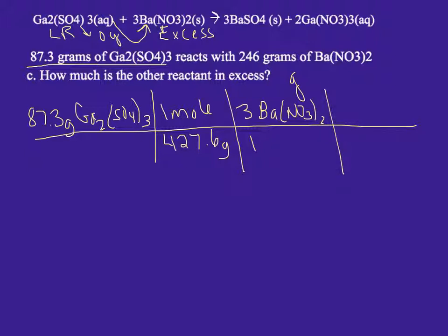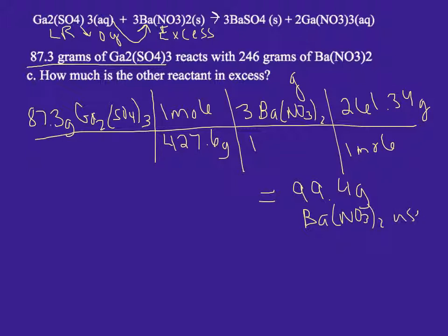Okay, and finally, I want to go to grams of barium nitrate so I can know how many grams were actually used. So for every 1 mole of barium nitrate, I just had to look above and get my mass from barium nitrate before that we found earlier, which was 261.34 grams. Now I find that answer, which ends up being 99.4 grams. That's how many grams of barium nitrate